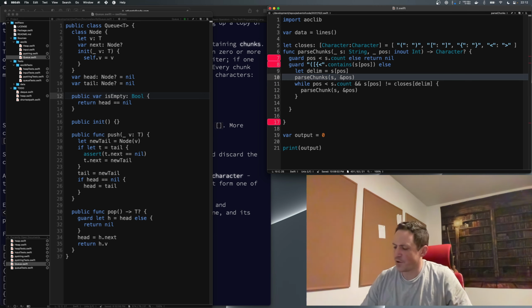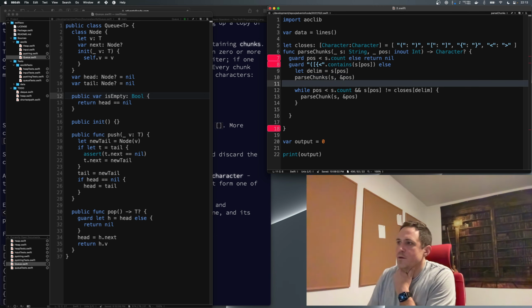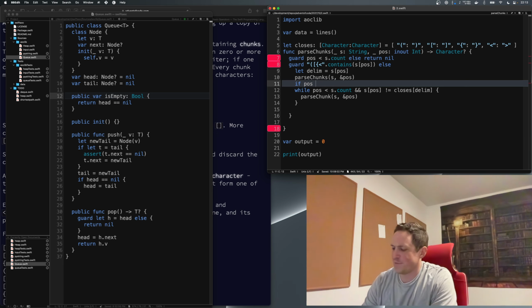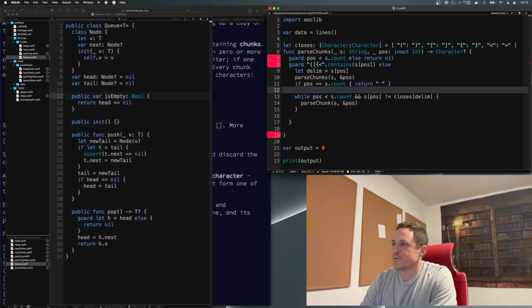So now it's done and there are no more chunks open. So if pause let's say equals. This is what I was meaning about passing a sentinel. It's an ugly way to convey things. We should make an enumeration or something like that, but whatever. Else if